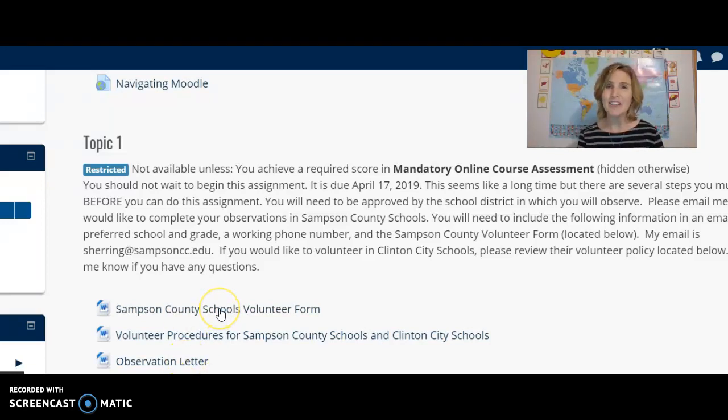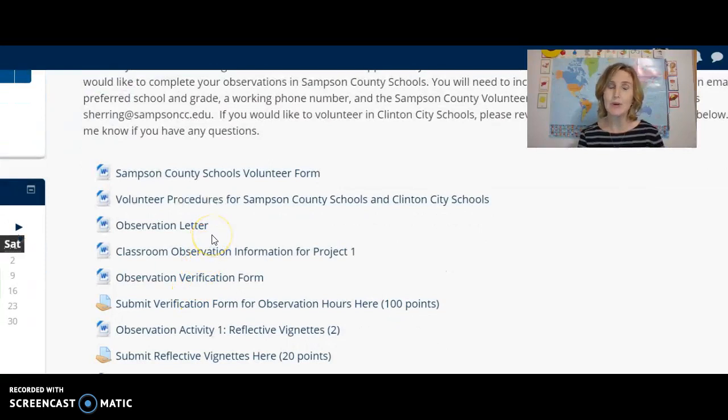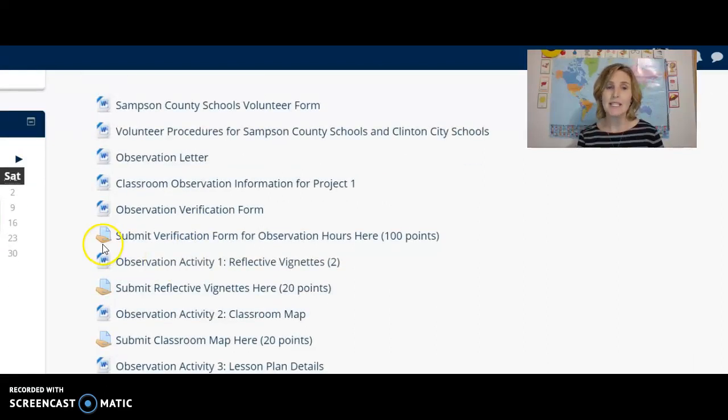There are specific things that you have to do to complete this project, and each one is described in detail in topic 1. So you will need to go through and read each section, make sure that you complete each one. Anytime that you see a hand with a paper, that is where you will submit that assignment. So if you have questions about submitting assignments, let me know.